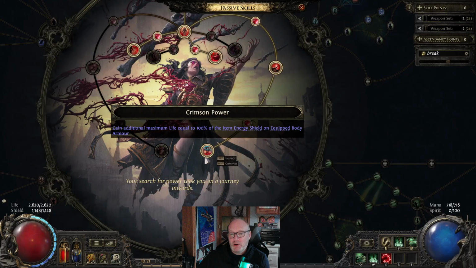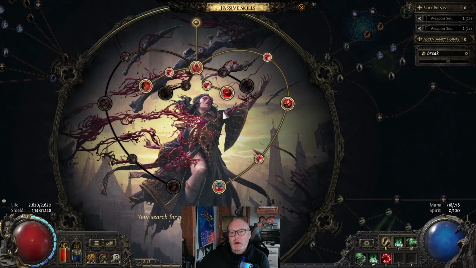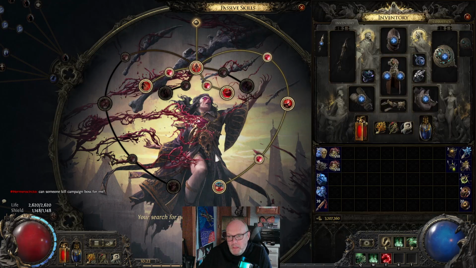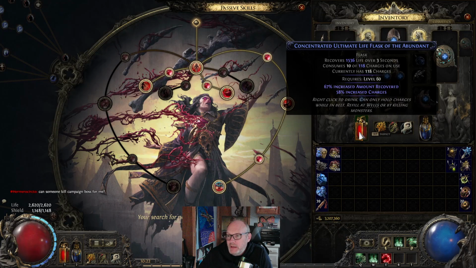I do take Crimson Power for a big chunk of extra life from the flat energy shield on my body armor. I leech spell damage, which is really cool. It's the only way to leech spell damage in the game as far as I know. And then I have this awesome bonus. So when I hit an enemy while my life flask is at full charges, 40% of its charges are consumed and give me a 3-second buff that gives me 1% of damage as extra physical for each charge consumed. So I have a big life flask with 118 charges, so 40% of that's almost 50% increased damage for 3